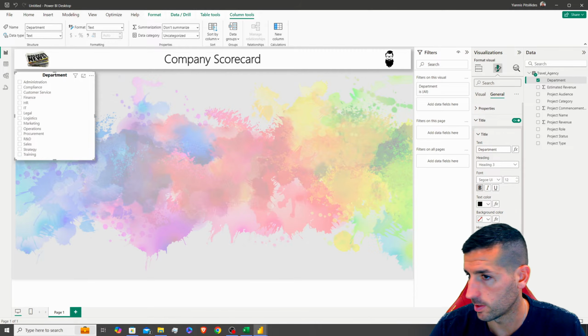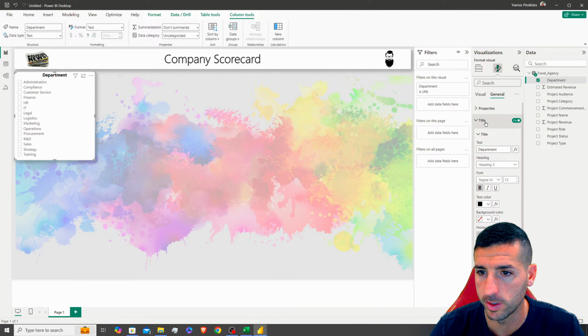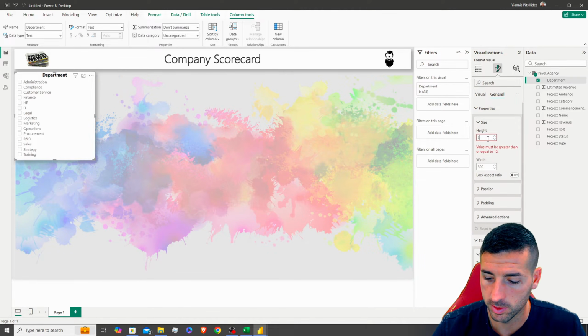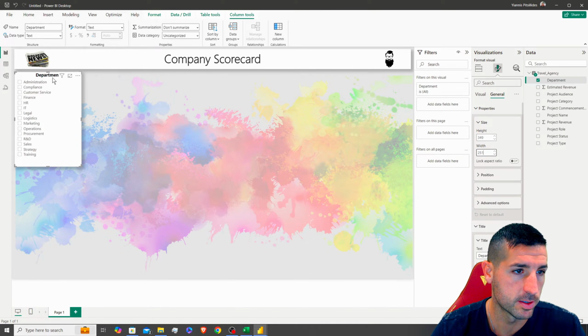Next, let me check the sizes quickly so we save time. So the size of this one is 349 by 51. So over here is 349 and then 251 like this. I'm going to copy